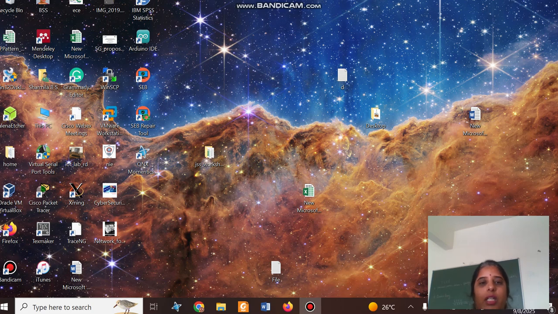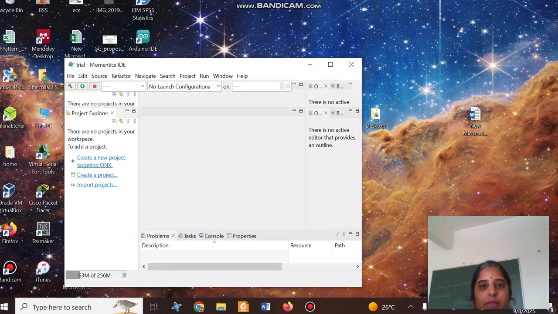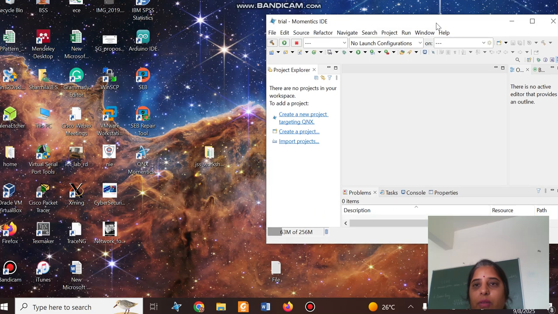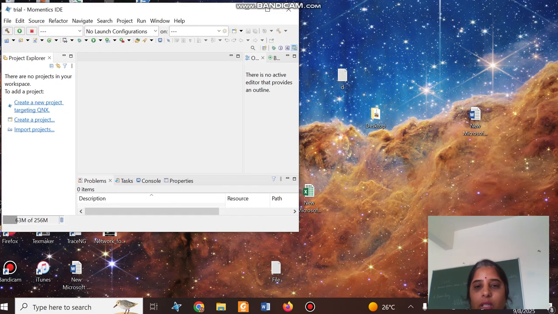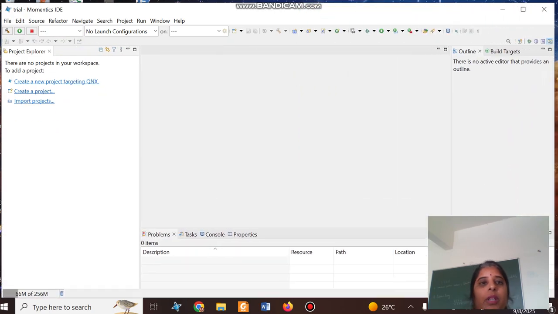When the QNX Momentics IDE is running, it actually runs the program on the operating system. It is not like Eclipse, where Eclipse runs the program on Windows, that is the software which is running. But here, it will run on the operating system called QNX or DOS. So how do we run that operating system so that we can connect to it and dump the program onto that QNX operating system?